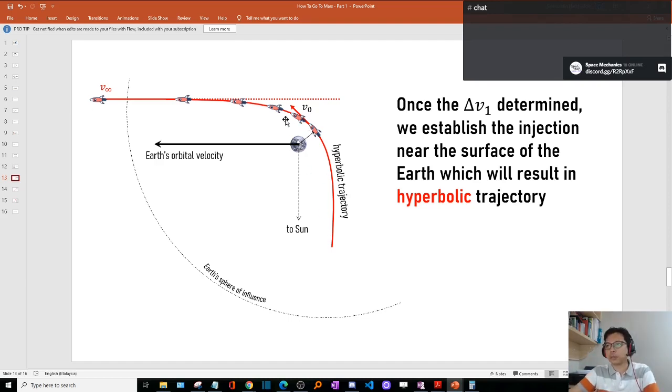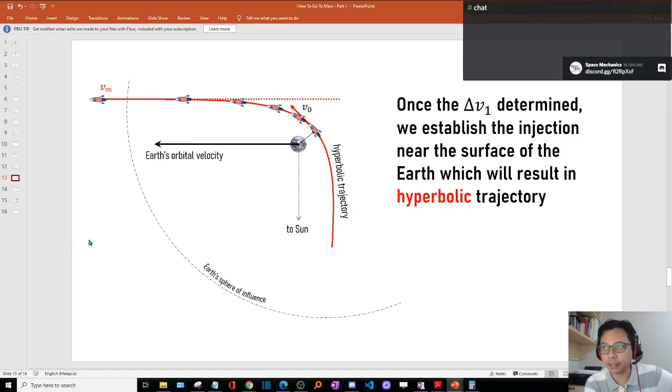Earth's sphere of influence is really far away. I don't remember the numbers, though; they should be hundreds of thousands of kilometers. If you're within this sphere of influence, your spacecraft is still under the influence of Earth's gravity. Once you get out, your spacecraft will be subject to